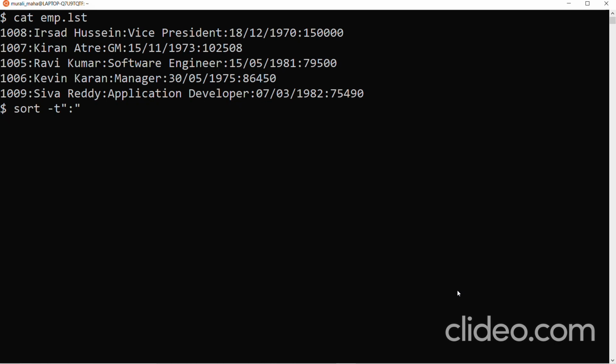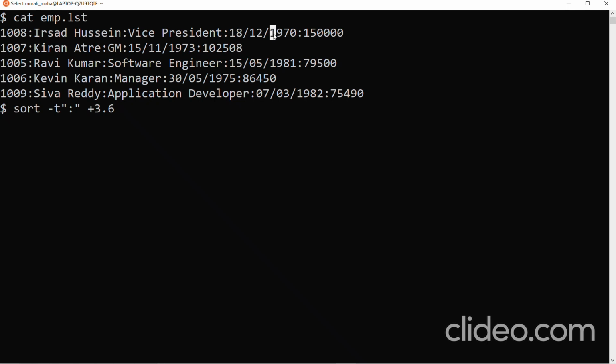And in the fourth field, which character? 1, 2, 3, 4, 5, 6, the seventh character. Seventh character means +3.6. So +3 will take you to the fourth field, and +0.6 will take you to the seventh character in that fourth field.